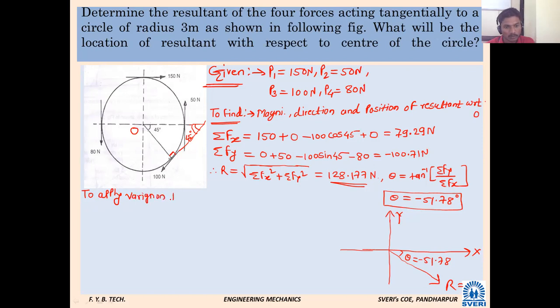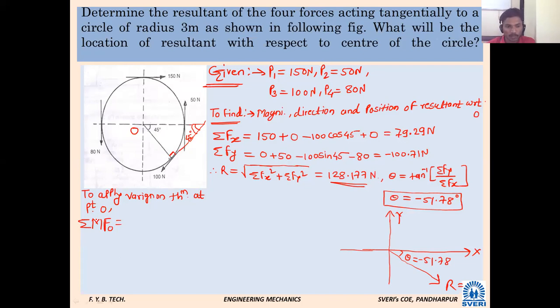To apply Varignon theorem at point O, I will write: summation of all moments, M for moment, summation of all moments at point O due to all forces, FO for forces at O, with respect to O, equal to, now each and every force we have to consider,